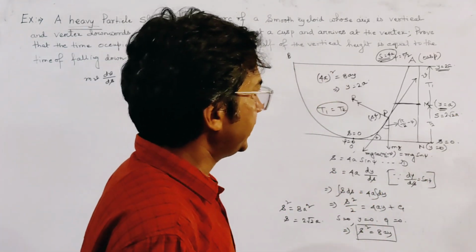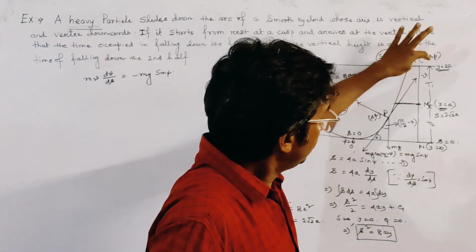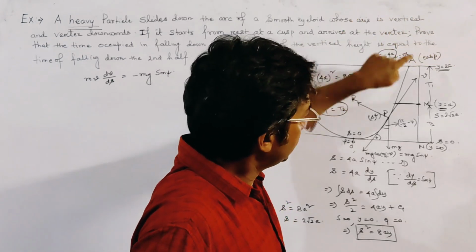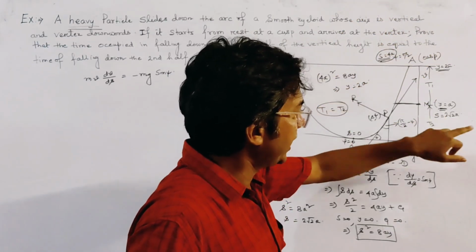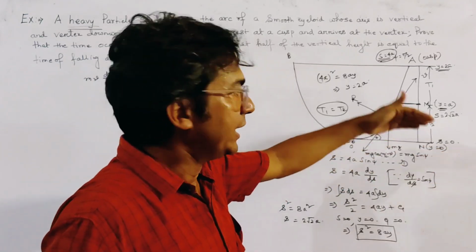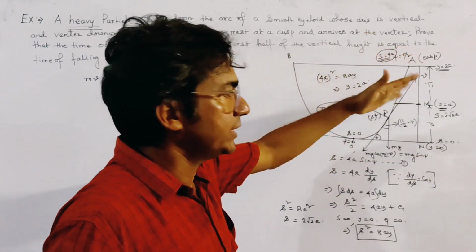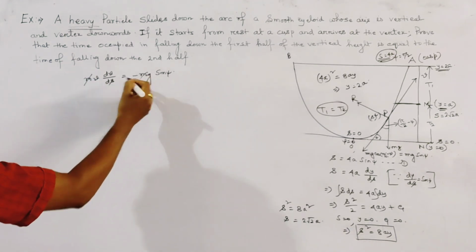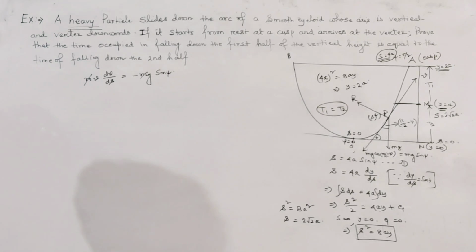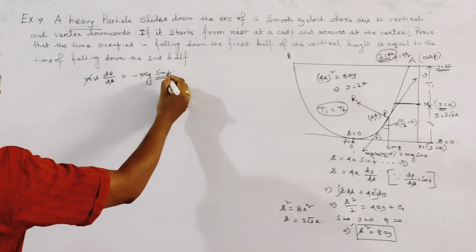So we have to integrate S equal to 4A to S equal to 2 root 2A, and again integrate S equal to 2 root 2A to S equal to 0, and then find the value of T1 and T2. Okay, now we proceed as we first cancel out the mass from both sides and put the value of sin psi